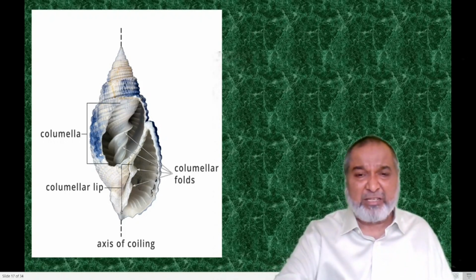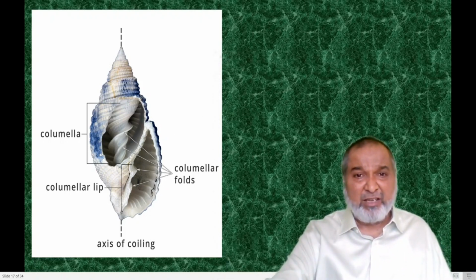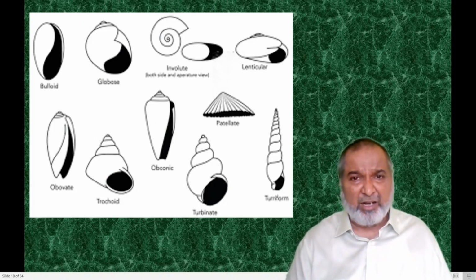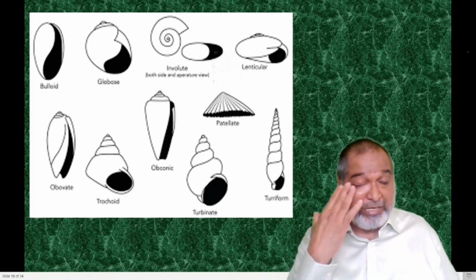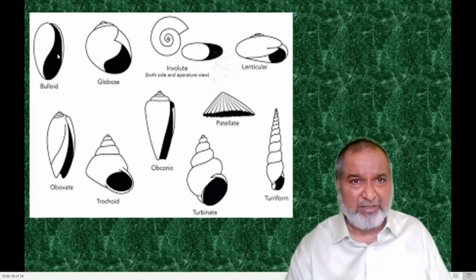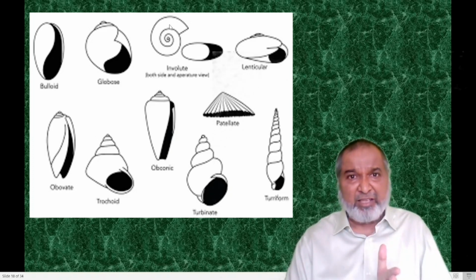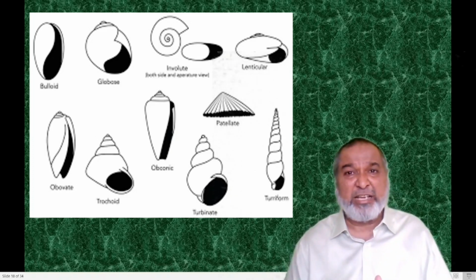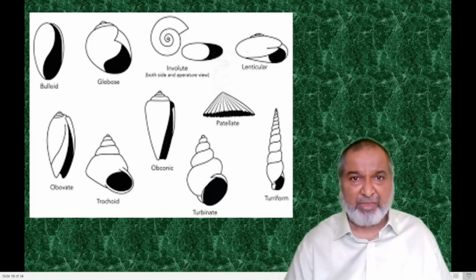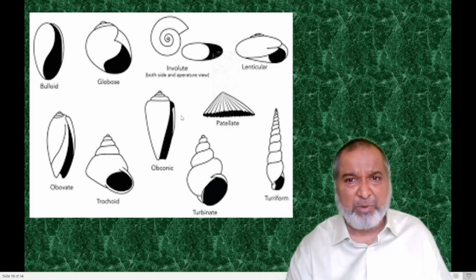So the heavier one, this is the way the animal is when it is living. This is the phenomenon that has taken place in the living gastropods. You can see the various shapes here. Here we have the shape along a single plane. There is a coiling, that is called penny spiral coiling. Yes, the coiling is penny spiral.